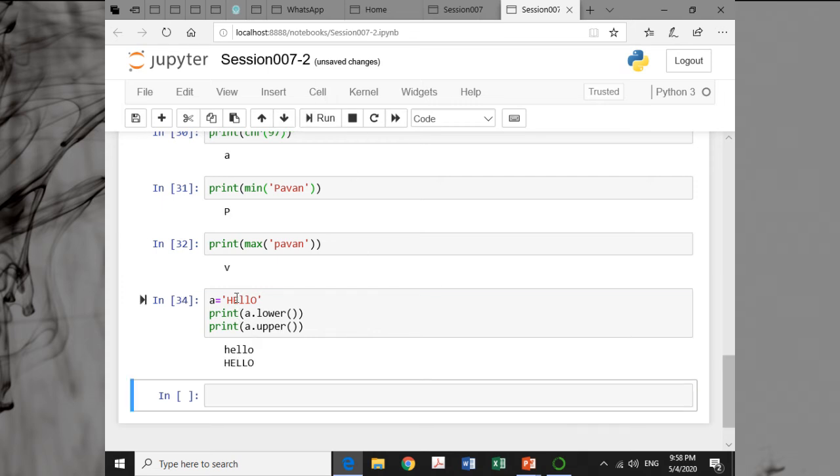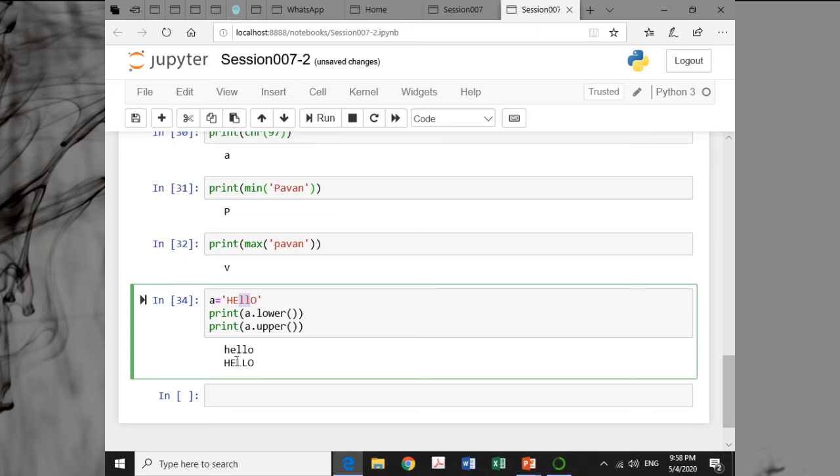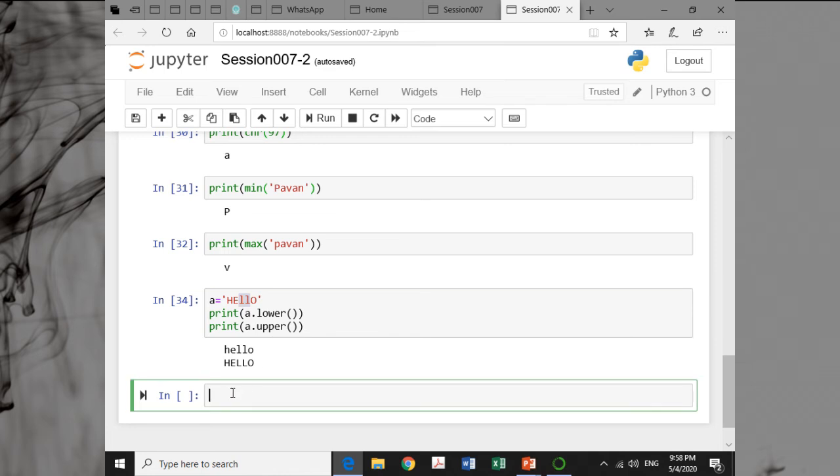So the entire thing here, you can see the small letter L is converted to the capital letter. So lower and upper can be used to convert the text in lower case or in upper case. Then suppose we are having A is equal to, say,